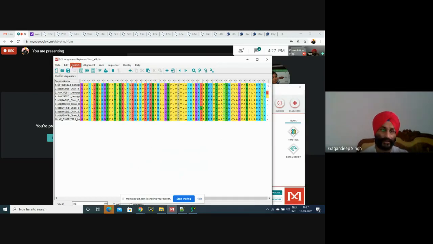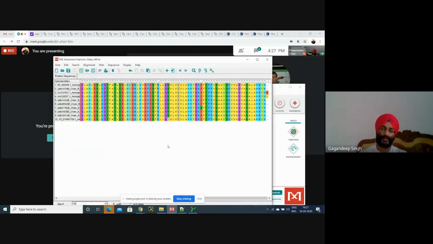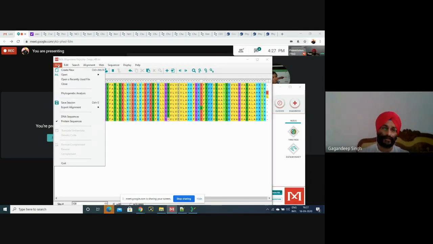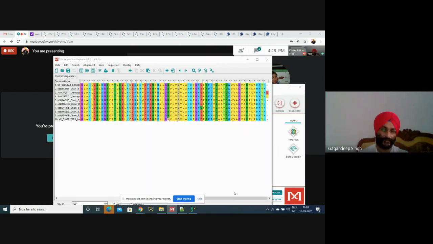Here we have not selected any data, but please write this portion first, see, and then again you should write, because this is a big software. Then click on data, save session or export alignment in Mega format. For example, I am selecting desktop, sequence HB, MEG, means this is a Mega format. Save. Okay, and we have to write some name, HB.